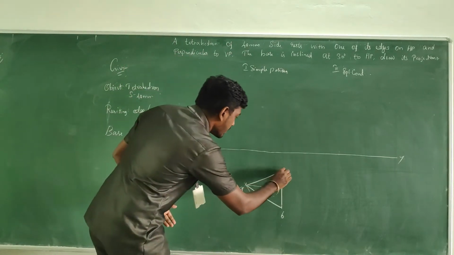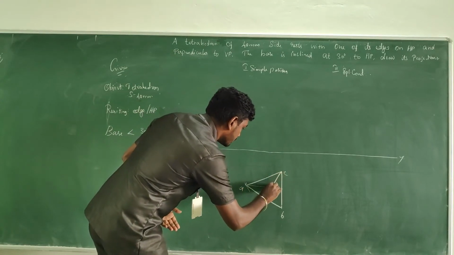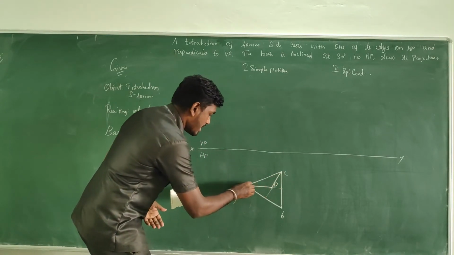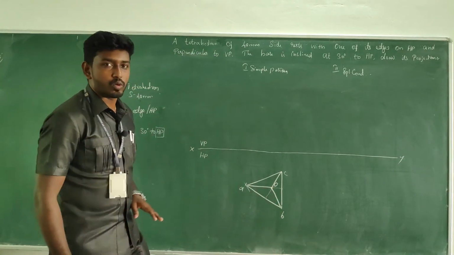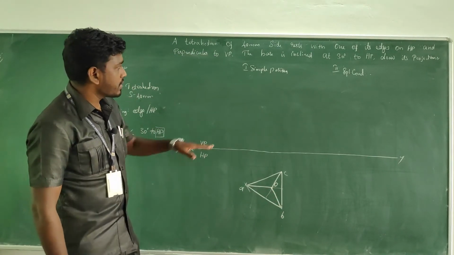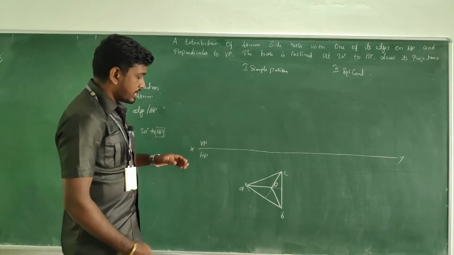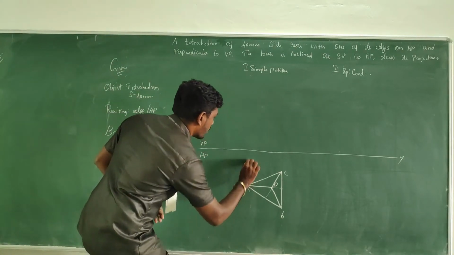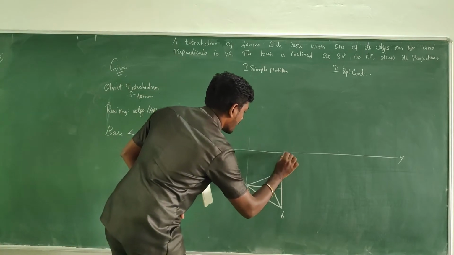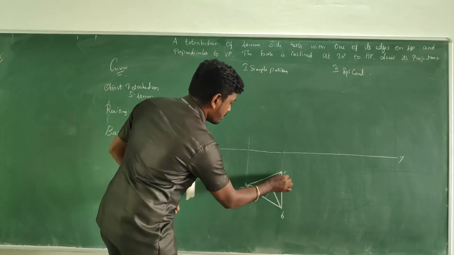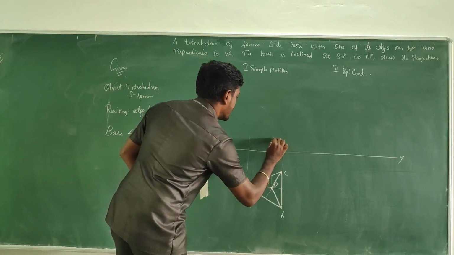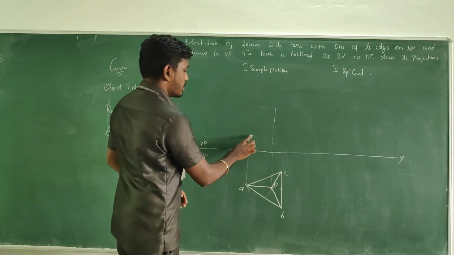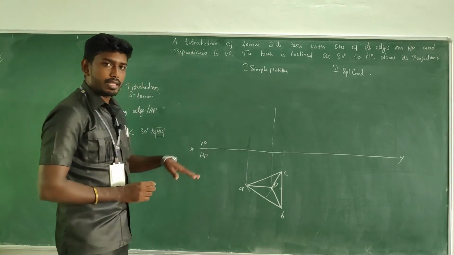So we can make these dark: O to A, O to B, and O to C as dark lines. Then go to the front view. The same work we have to follow. Take all the projectors from each and every corner. B and O will be coming in the same projector line. So here the axis will be a long line dash. So this is how the thing will be.